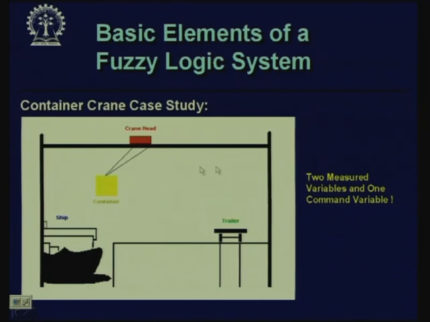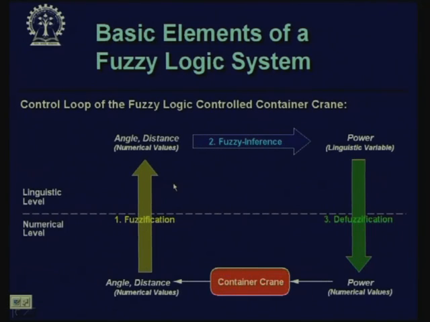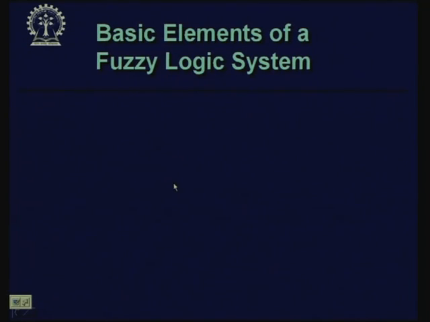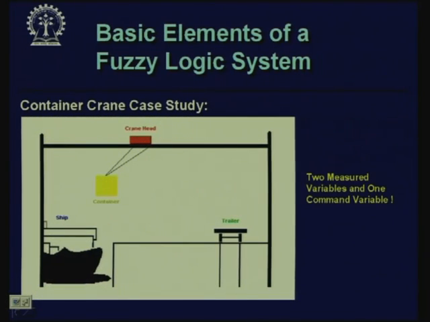Now, it is very difficult to model such systems using normal state space approach. Now, here there are two measured variables and there is one control variable. So, what we do in this case, we have got angle and distance